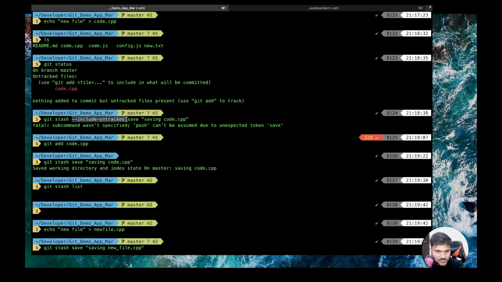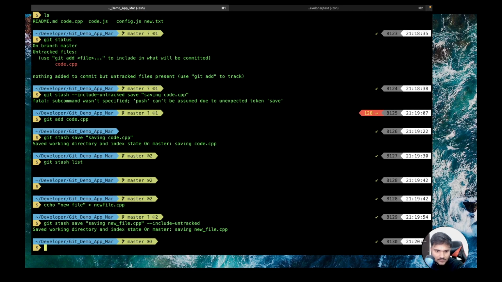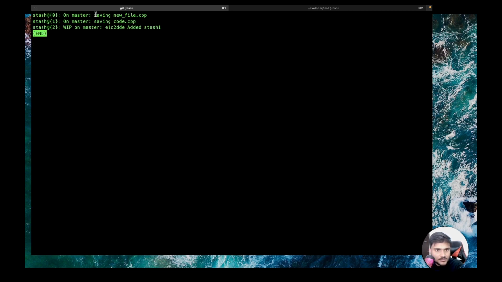I believe this should save with this particular message. Yep. If you have anything in your untracked region, then this flag, minus include untracked, should go after this. Now if you do git stash list, you can see saving new file.cpp came up, right?